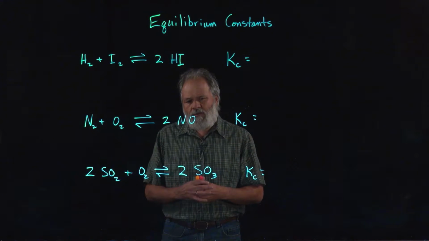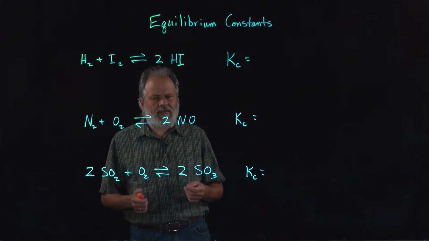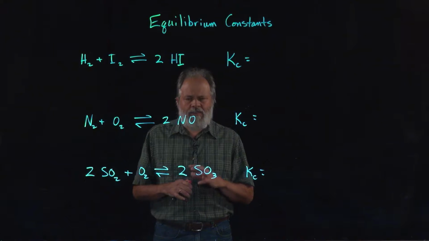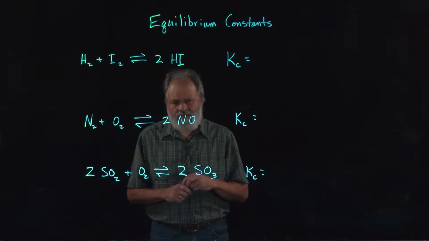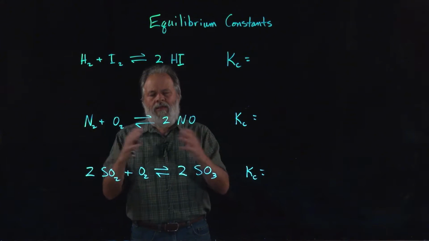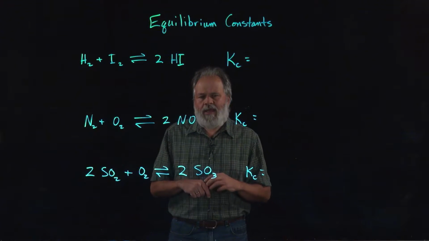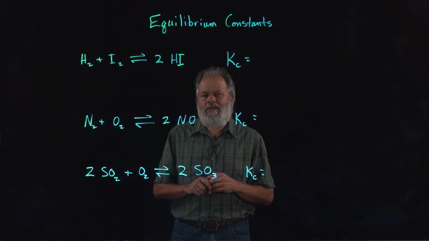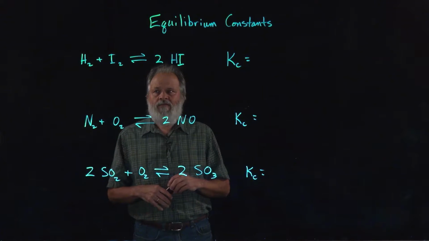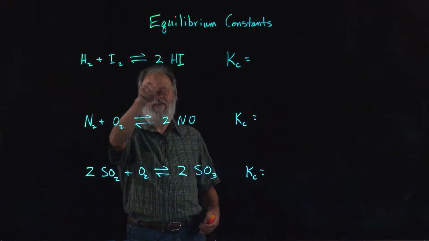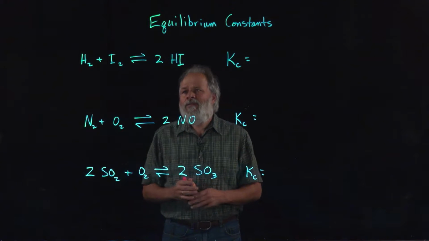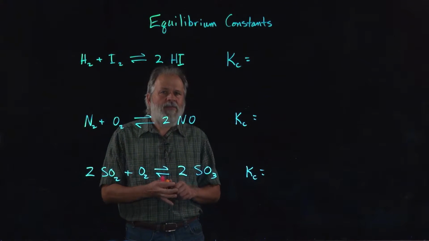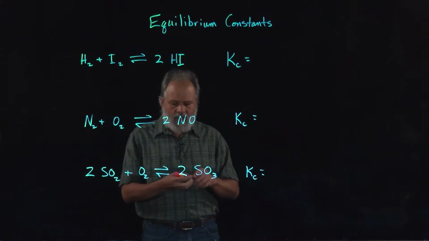In this video, we're going to describe how to write down a number called the equilibrium constant, which describes how the equilibrium is favored either toward the reactants or the products. And so it's a real simple mechanical thing to do. So if you have the reaction H2 plus I2 going to 2HI, then the way you write the equilibrium constant is you put the products on top